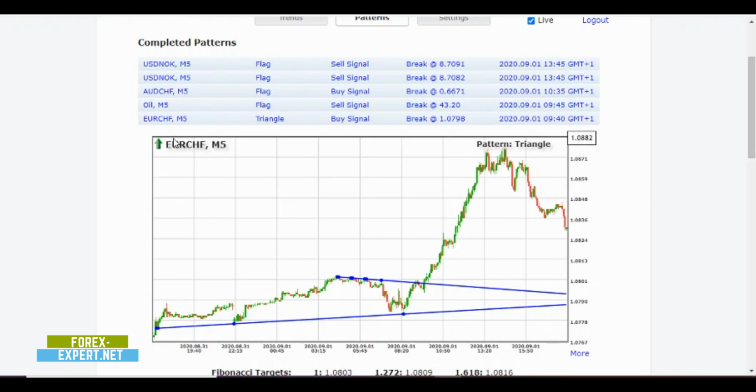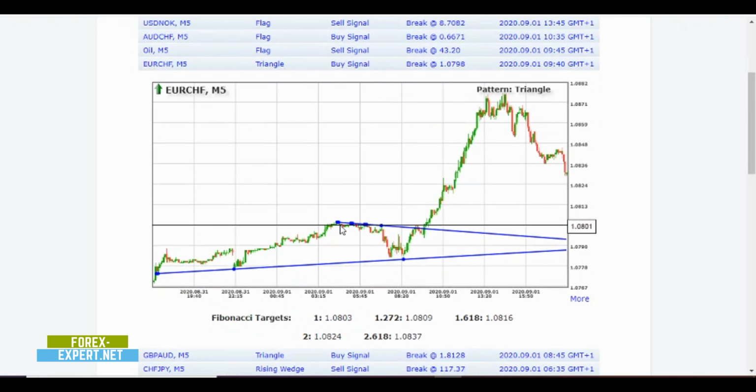So the next trade I was going to show you is the Euro and the Swiss franc. We have a triangle buy signal break at 0.798. So we have a very nice triangle formed during the Asian session. Okay, no very good activity here. Let me see the support at 0.778 to 0.802, at least 20 pips. So not much room to trade,